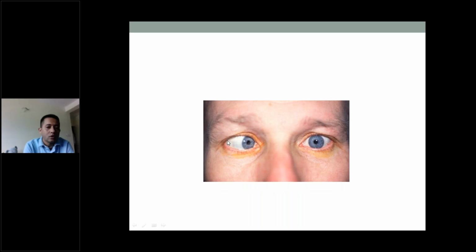And sometimes the patient comes with a nerve palsy. So this you can see is a patient with a 6th nerve palsy, and this is also associated with hypertension. Usually it occurs in age 40 years and above. Apart from the 6th nerve, we may also have 3rd nerve palsy. Usually it's a pupil sparing kind of